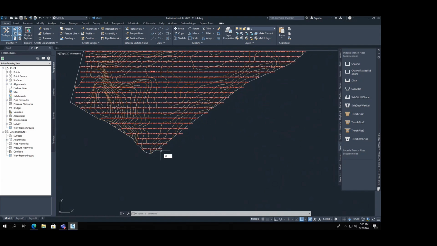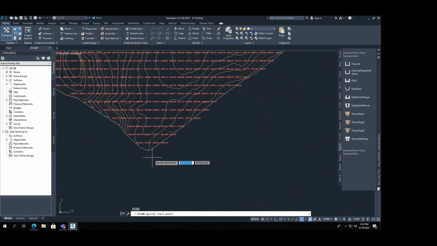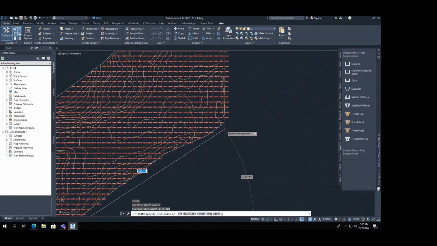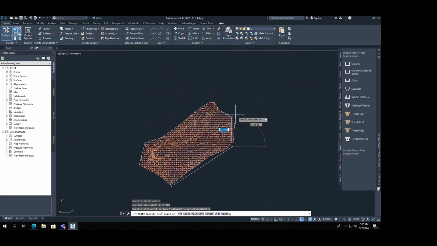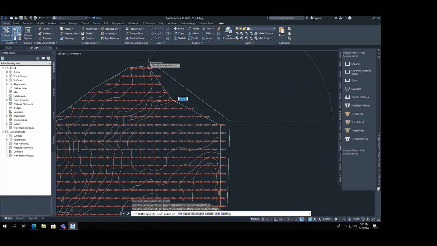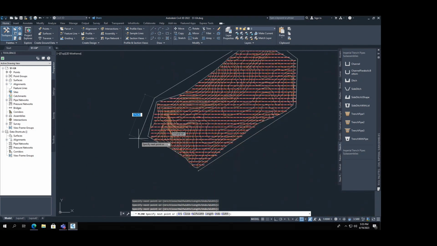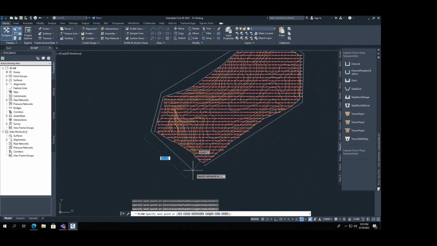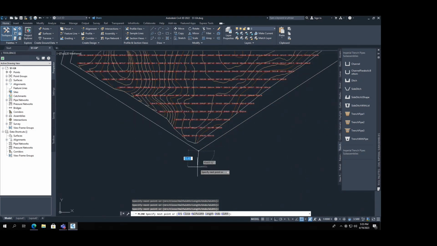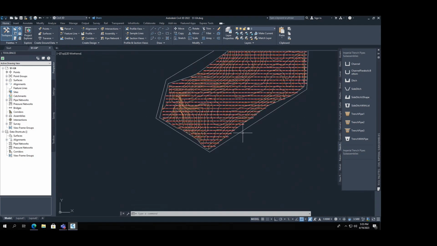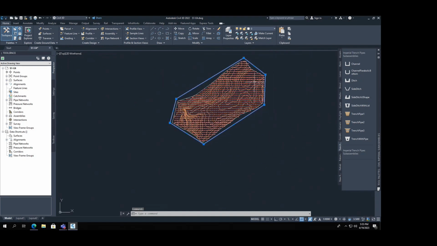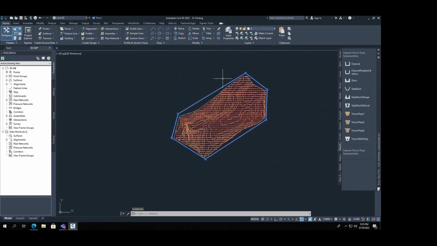At first, we need to create a polyline around your surface. So this is our polyline, and we need to